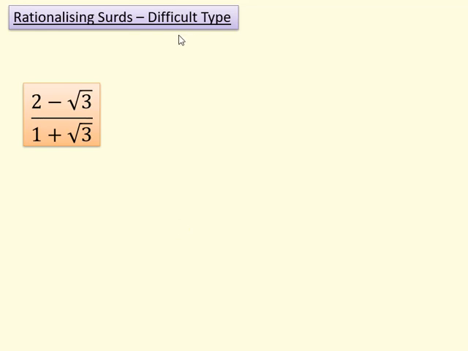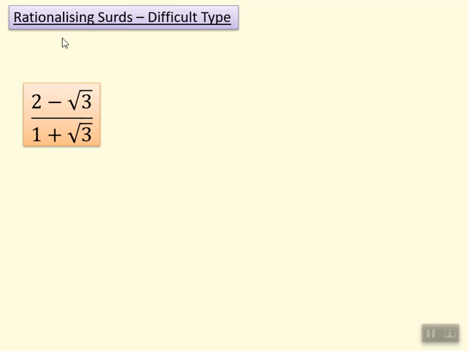In this video we're going to look at rationalizing surds, and we're going to look at the difficult type ones, and these are a bit tricky. If you don't know how to expand double brackets with surds, you may want to go and practice that before you carry on with this video. It's going to be quite a short video because I'm just going to go through this one particular type of problem. Okay, we have this surd here, and the reason why this fraction is difficult to rationalize